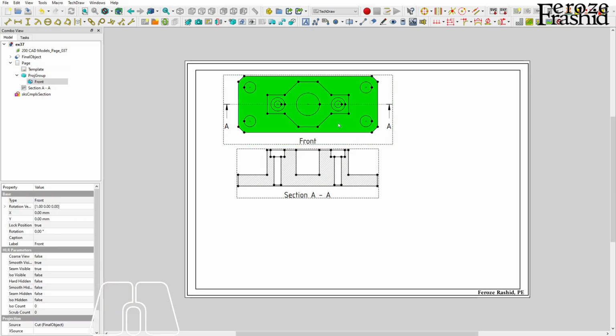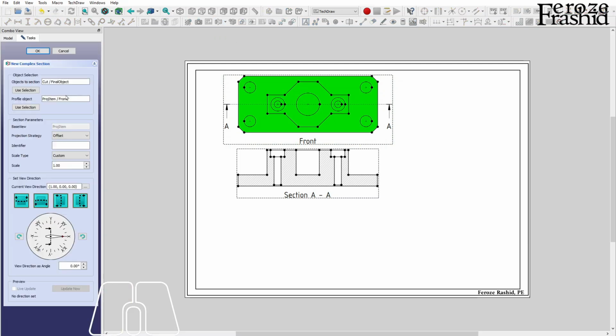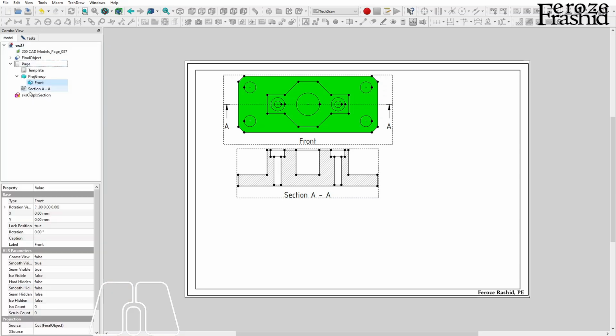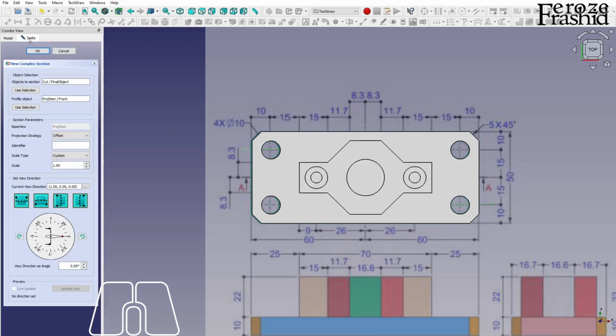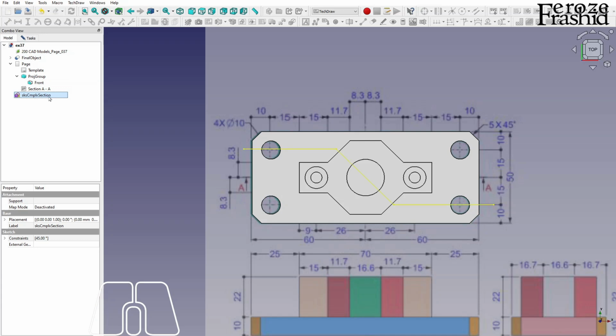So what I want to do, select this face, come here, and then click on complex section. And here, I selected objects to selection. Object to section is the object that we selected, the face. And now I want to use a profile. So use selection. I want to go and select this object. All right, so I went there and selected it, clicked, and kept it selected,